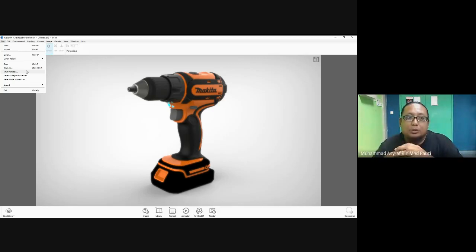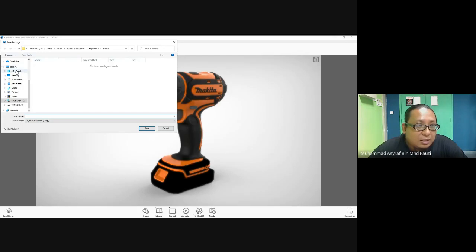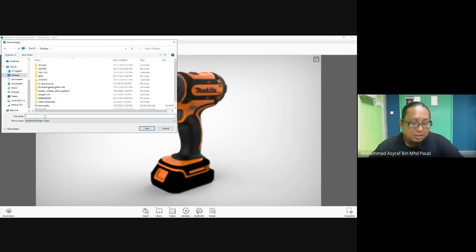So to make it safer, save package, where it will save the whole setting of lighting, materials, changes on the material, the custom settings, and so on. Okay, so save package. At this point, in desktop,